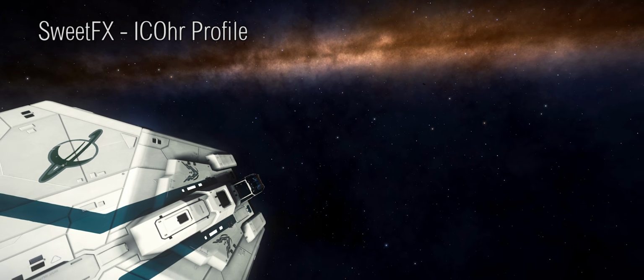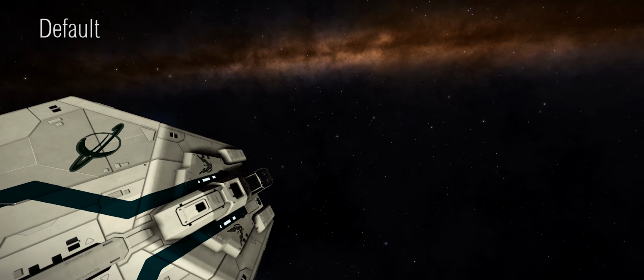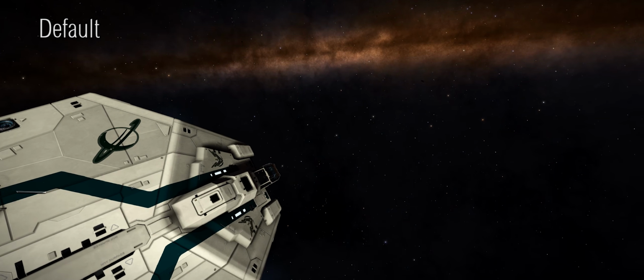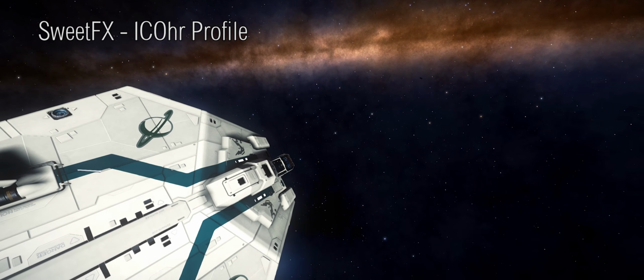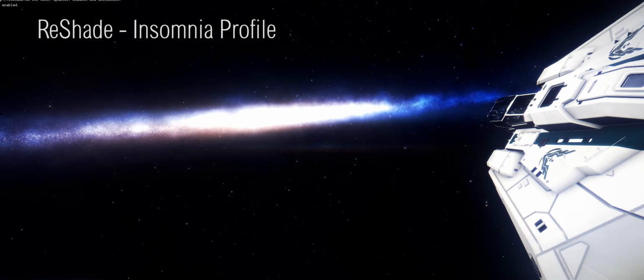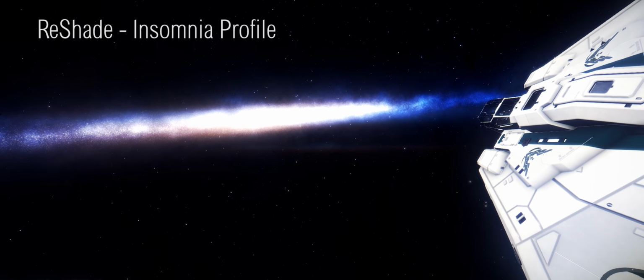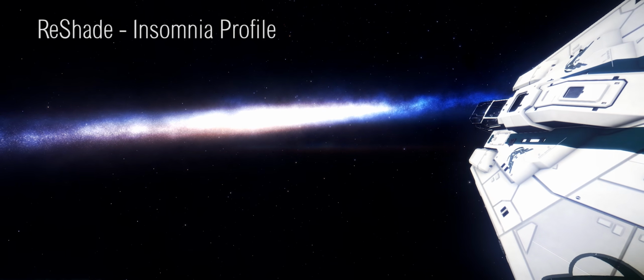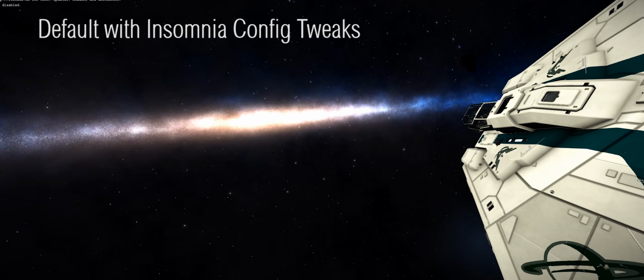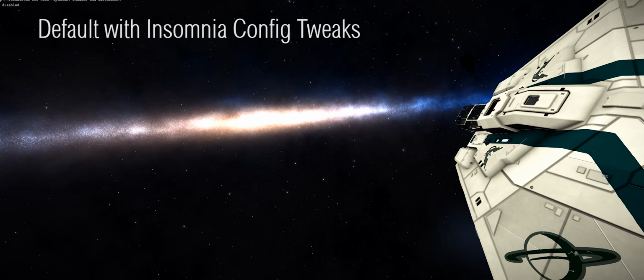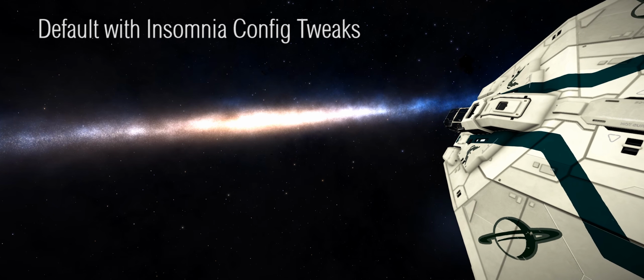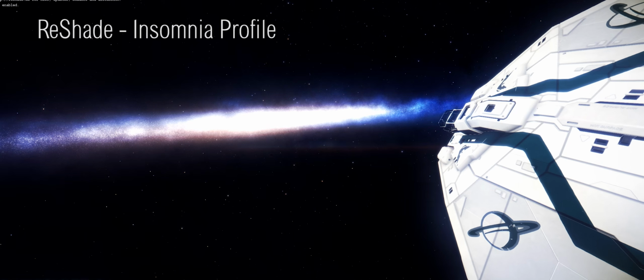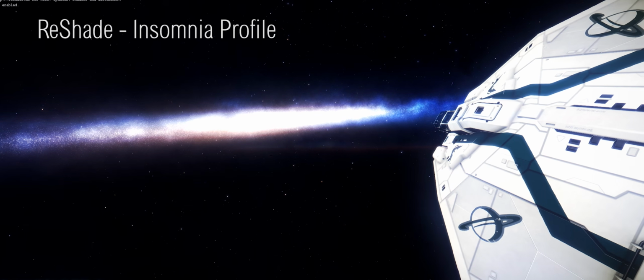Now for instructions on how to install SweetFX and ReShade, do check out the other original video I made. I'll link that in the video description. I think I only covered the installation of SweetFX or ReShade on that. I can't remember which one, but it's only one of them. But the same instructions will apply to both graphic injectors. I'll also link to a variety of forum posts which will contain a whole wealth of information and instructions for you. The main purpose for this video really then is to allow you to see the difference between the various